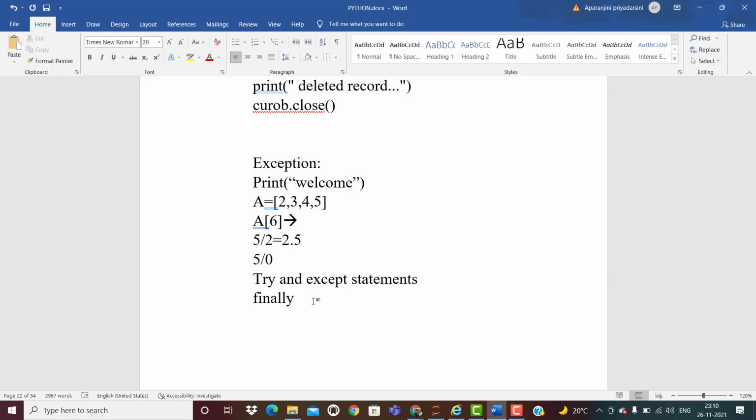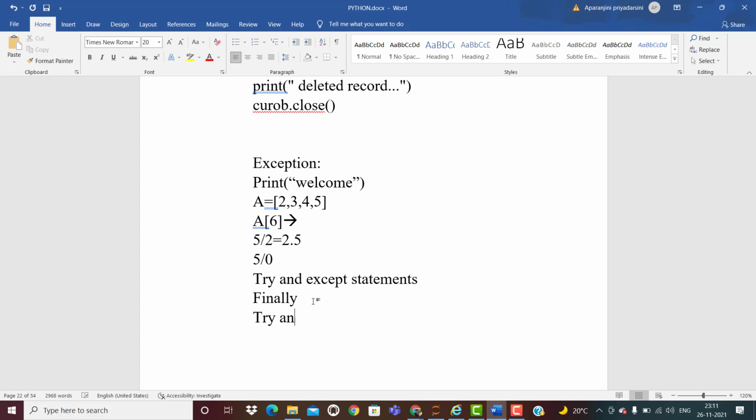At that time we can use the finally block. In this block, whatever instructions you write, in any case those instructions are going to be displayed. So let me try the try-catch statements first.